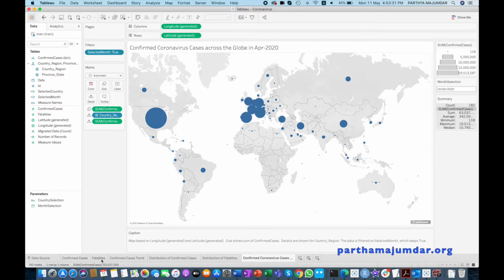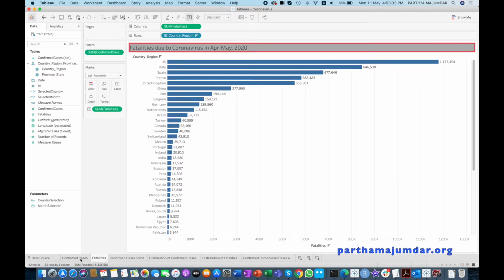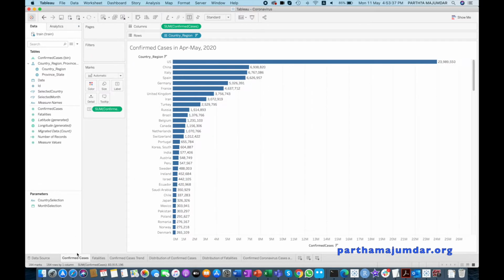Now we remember that we created a chart of number of fatalities in the different countries. Also, we created a chart for the number of confirmed cases in a particular country. Now, we would like to see the number of confirmed cases and number of fatalities in the same chart. This cannot be done normally by Tableau simply because it creates each individual measure as a separate entity.